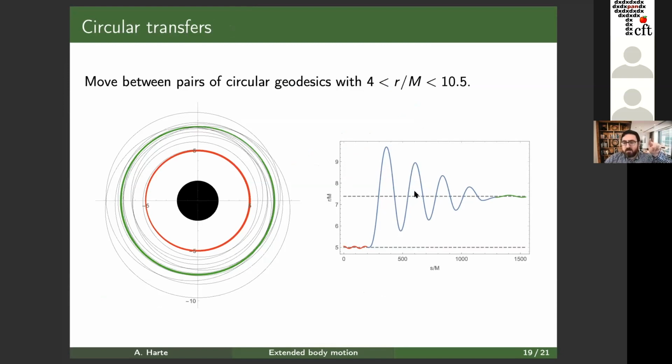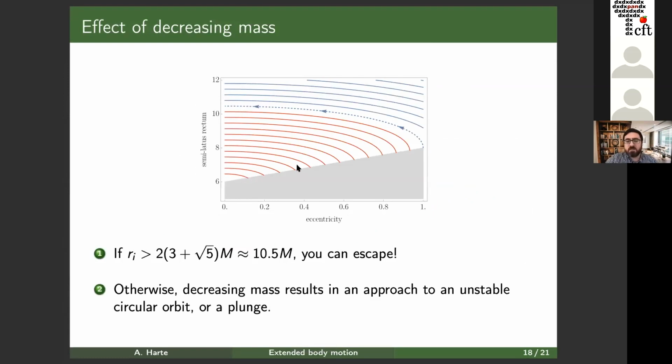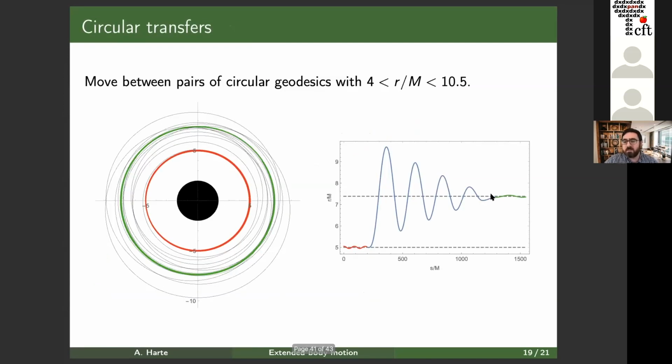And as I do that, the amplitude of these radial oscillations decreases because I am, again, moving to the left here. I'm decreasing the eccentricity by increasing the mass. Eventually I'm coming all the way to the vertical axis, and I've gotten myself a circular orbit. For the green portion, I've just turned off the quadrupole moment. I've set that to 0, so this is a free geodesic. And this is now a stable circular orbit, so it oscillates a little bit. You're not exactly on it, but it just stays that way forever. So you have this complete maneuver that you can design.